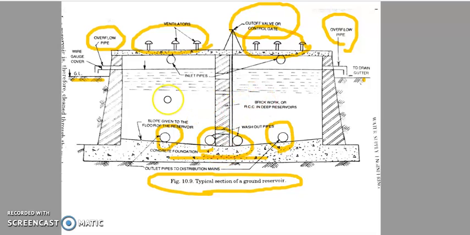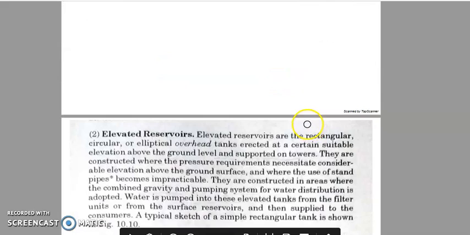And usually why these two compartments are made is, in case any repair work or cleaning is going on, instead of emptying the entire tank, you can empty just one compartment of the tank. You can close the control gate so that one compartment stays full, and then you can clean the remaining compartment. So there should always be some storage available. Just for convenience of cleaning and any repair work, we generally construct two-compartment ground reservoirs. So this is a very simple ground reservoir which you very commonly find.